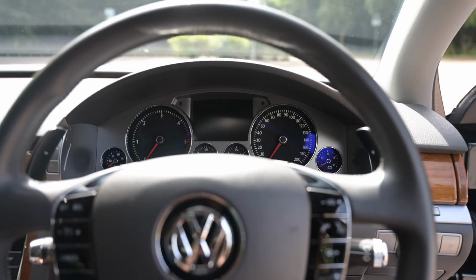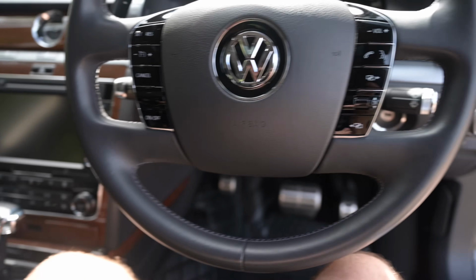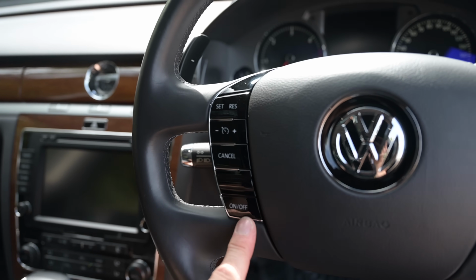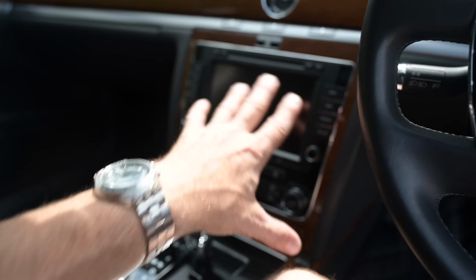Moving back from that, we have a beautiful, well, it's a 4-spoke steering wheel, isn't it? Lovely, lovely 4-spoke wheel, many big solid buttons. I love the fact we've got genuine buttons. There's no touchscreen nonsense. There is a touchscreen because this generation brought about touchscreen infotainment for the centre thing, and